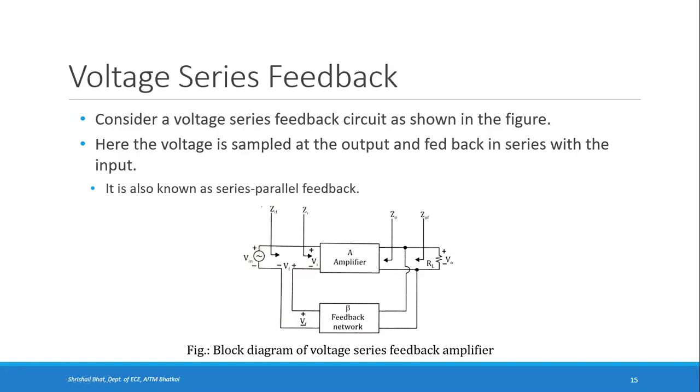What other things are given here are the input and output impedances with feedback and without feedback. Whenever we use a subscript F, that means it is with feedback. So this is input impedance with feedback ZIF. This is output impedance with feedback Z0F. So that is considered beyond the feedback block. For the amplifier, without considering the feedback at the amplifier block, the input impedance is Zi and output impedance is Z0.